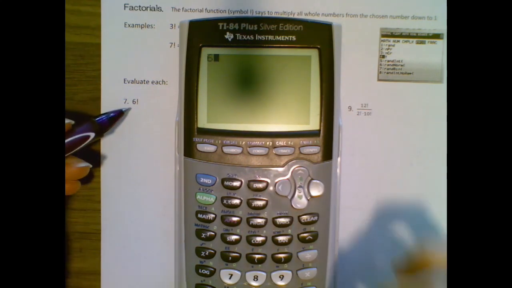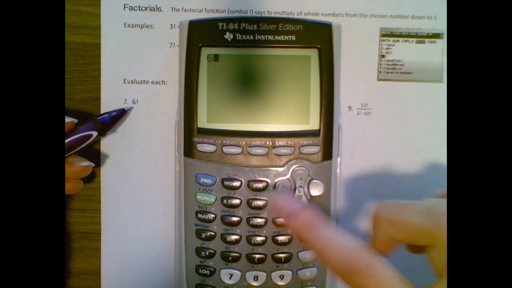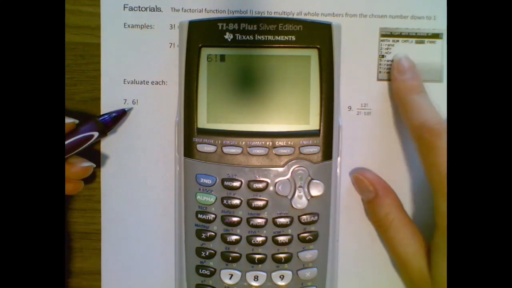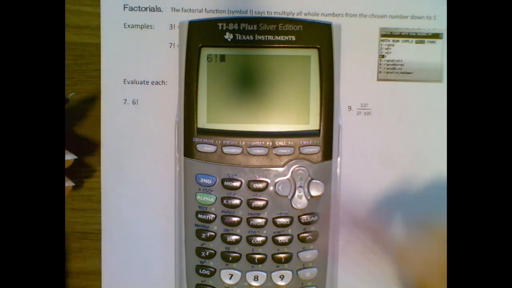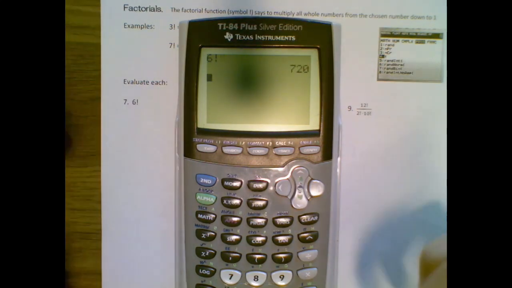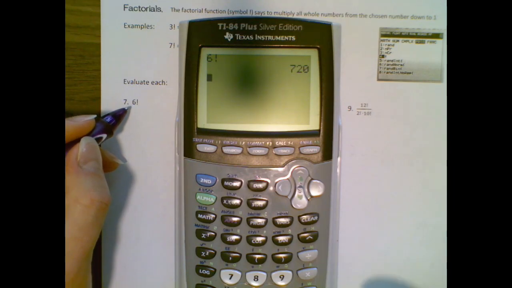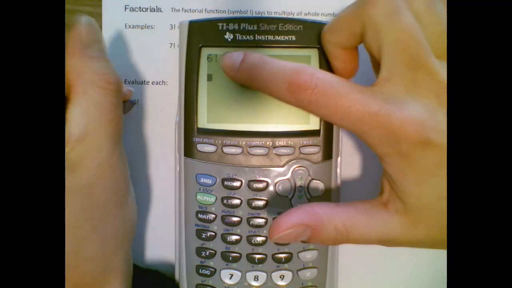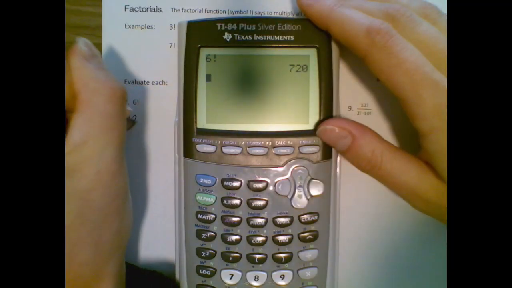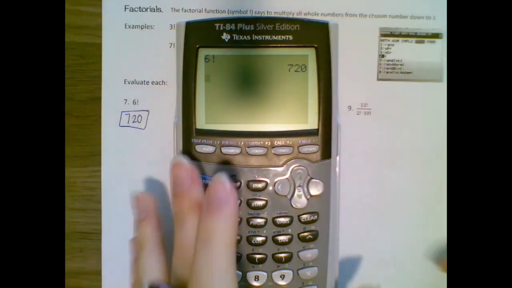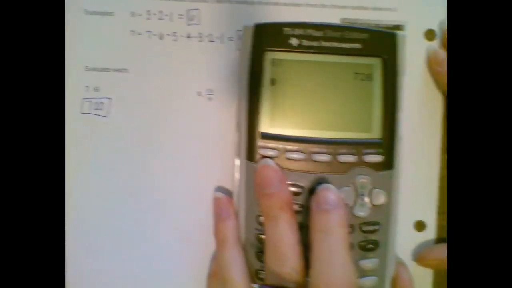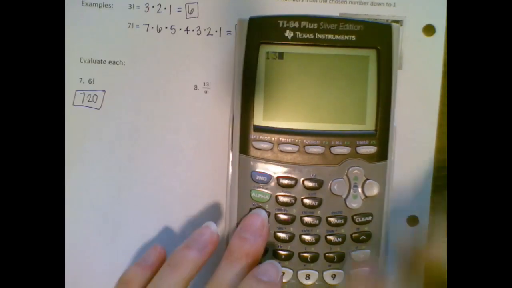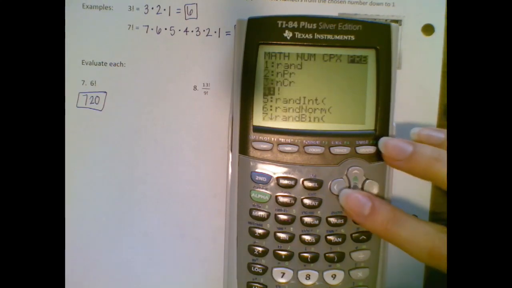So I'm going to do 6. Math, probability, option number 4. And that's what this is saying over here, okay? So I have 6 exclamation point, which, that's not how you say it. You say 6 factorial, okay? But I'm just showing you, yeah, we have the exclamation point. So this is 720. Okay? All right, over here, number 8, we have 13 factorial